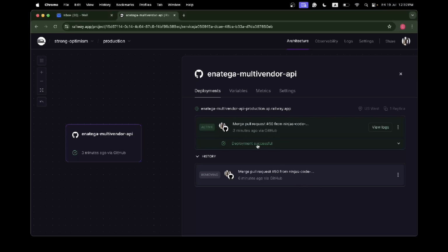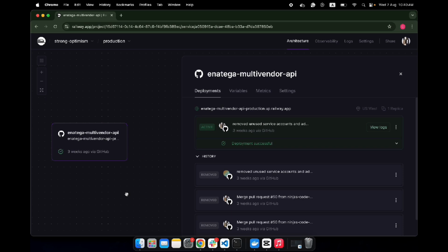The deployment has been completed. You can see that we are getting deployment successful status. All right, so we can see that the backend API has been deployed successfully. Now the next important thing that we need to do is we need to create another app right next to